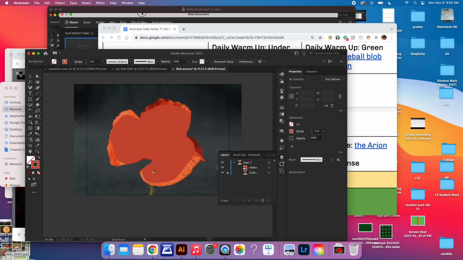And then I'm going to make my paintbrush smaller as I get closer to the edge and get more detail. So I might get in closer here. But any place something that you're painting with the blob brush is the same color and it overlaps, it's going to adopt that into the shape that you've already made. So I'm going to get a little closer, and then as I make my brush smaller, I'll get even closer